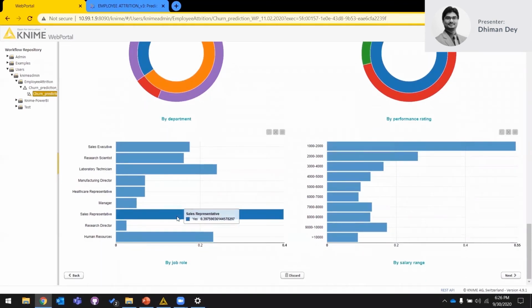Now, if I go by department, or by job role, sales representatives are the highest in number. And if I go by salary range, the lower salary brackets are really, really high in number. Okay, so this gives you an insight that maybe salary is an attributing factor to this employee attrition. We'll look into what the model tells us.